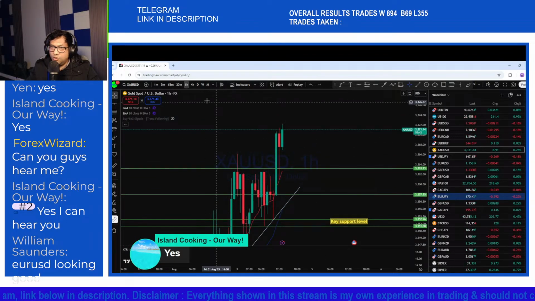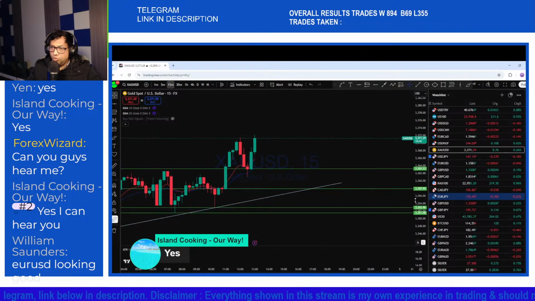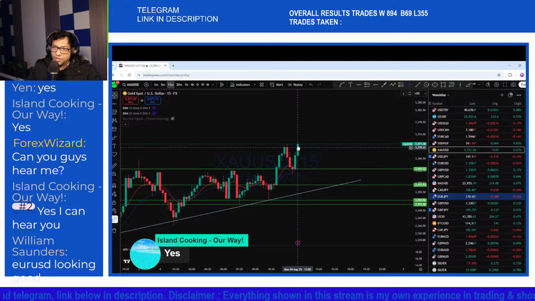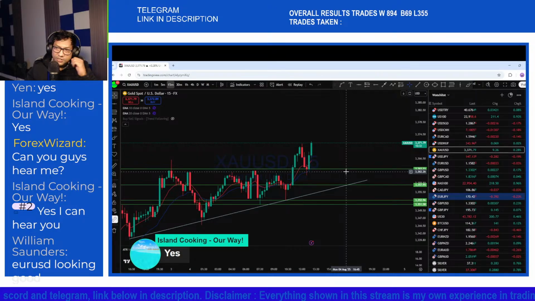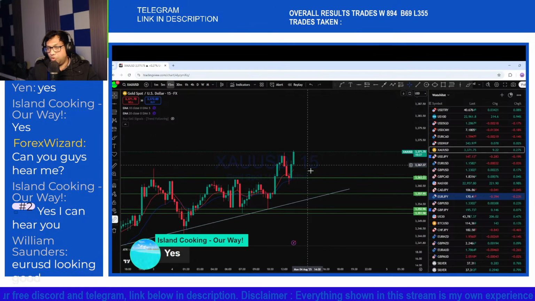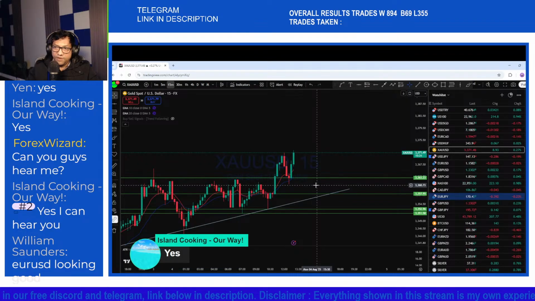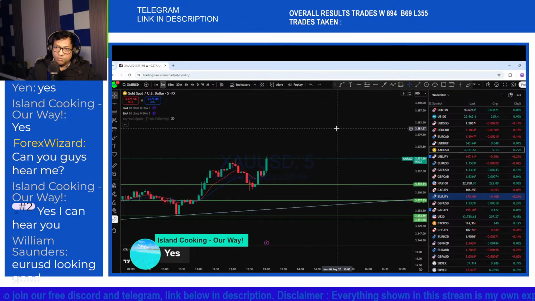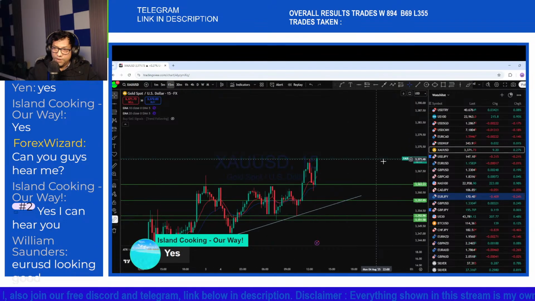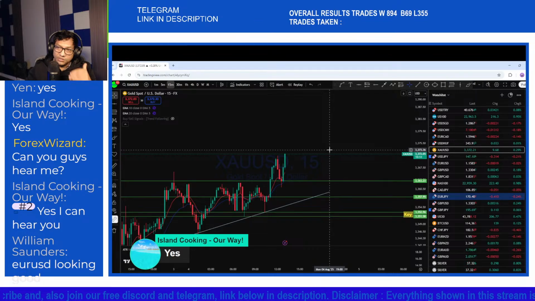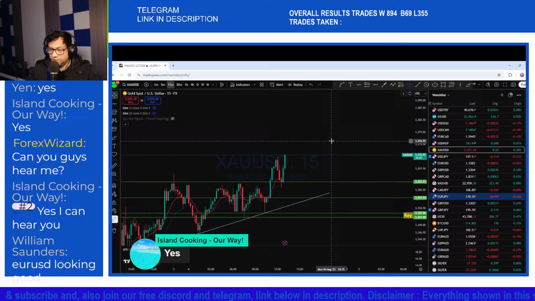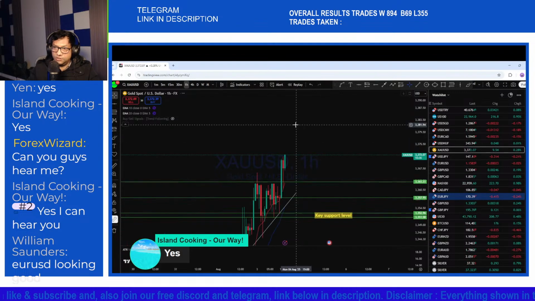Here is the lower time frame again, 15 minutes, which is basically from this support level getting that rejection back to the upside. It's a very sharply uptrending market structure, and in that uptrend we would like to see the price come back for a pullback and then re-enter with this movement back to the upside. The best entry will be from an important support, as buying from the higher high will not be a good idea to enter any trade in this market.